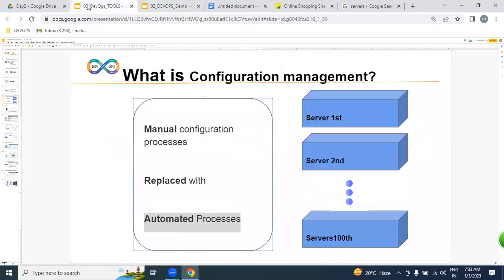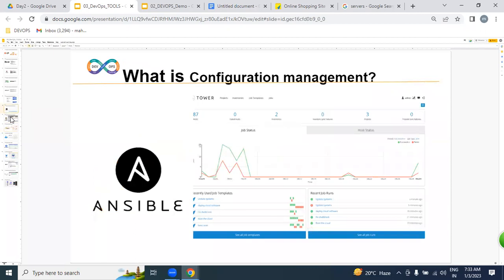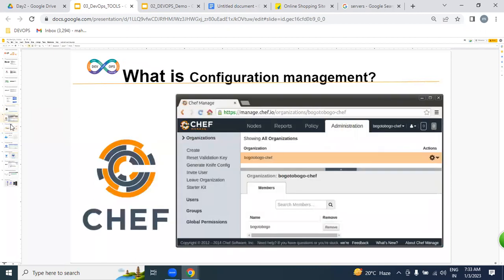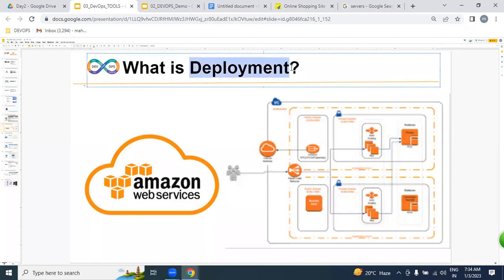But these hundreds of servers, where can we get them from? Physically, like your laptop. Virtually, yes. And moreover, from AWS, any cloud, Azure, Google, any cloud. But we are going to be using the AWS cloud. I'll repeat this point. From AWS, we are going to get hundreds of servers. On top of it, we are going to automate with the help of Ansible and Chef. So as of right now, what we understand, guys, is that we are going to place our websites on hundreds of servers. What do we call that? Deploy.